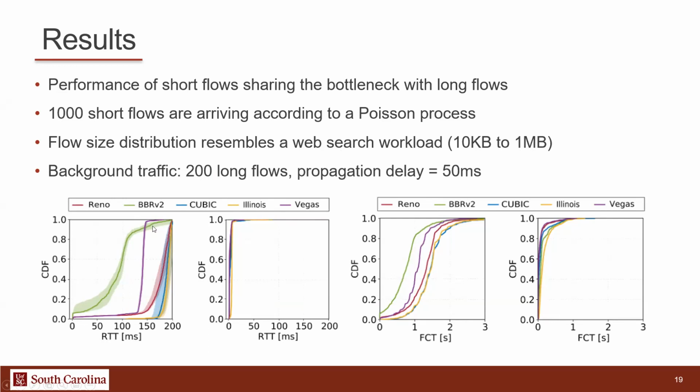On the left-hand side, you have the case without the buffer modification. You can see the round trip times are also high for the short flows, whereas when we modify the buffer, they're all very short. This is also shown in the flow completion time, because for these interactive short flows, you're sending a packet, and if it is waiting longer in the queue, it's going to take much longer for the whole flow to finish. We've seen the improvement regardless of which congestion control algorithm was used.